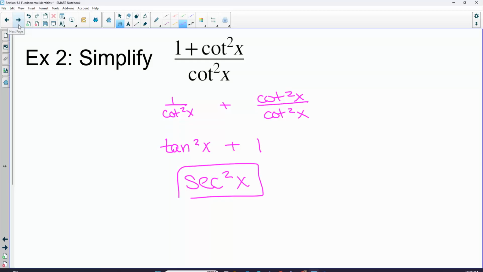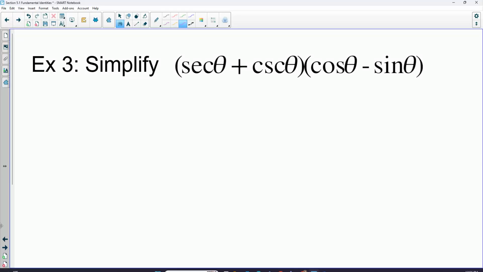Let's do a few more. We have to pick a place to start. What are your thoughts when you see this? FOIL. Can we start there? Sure, absolutely. All right, so if I FOIL,